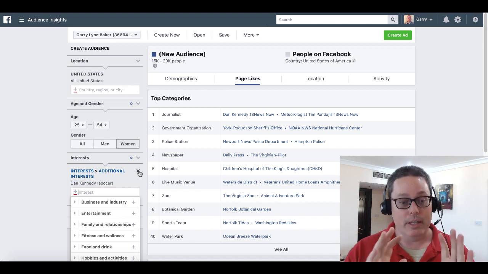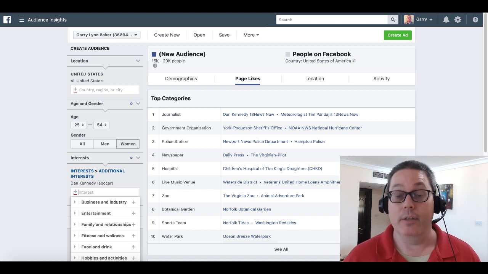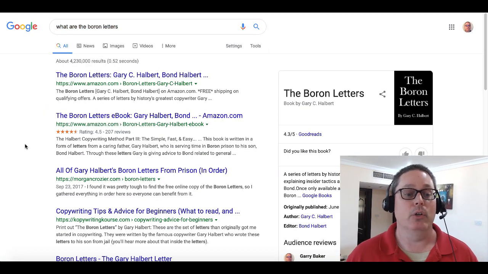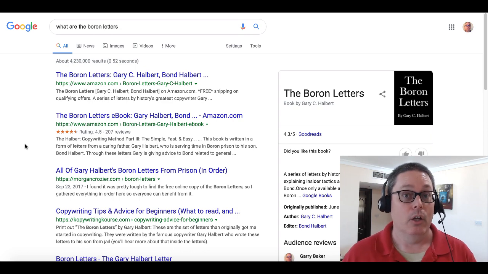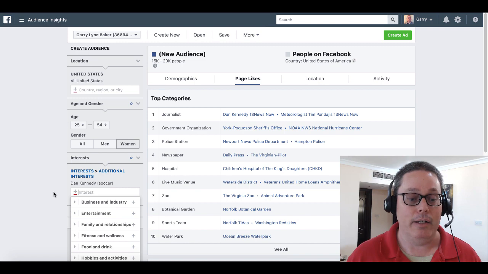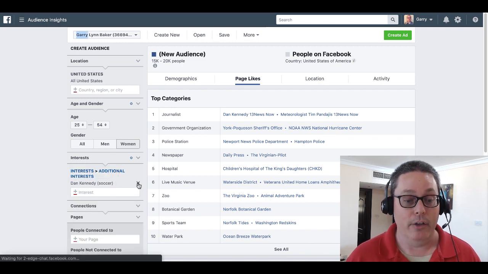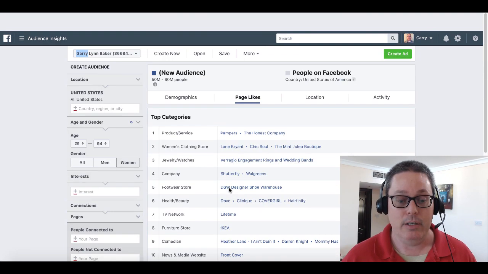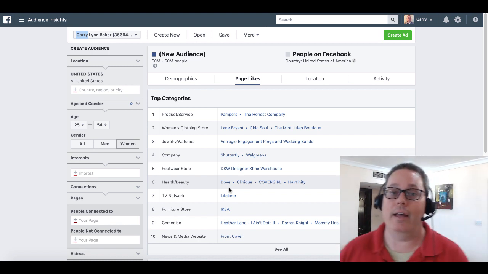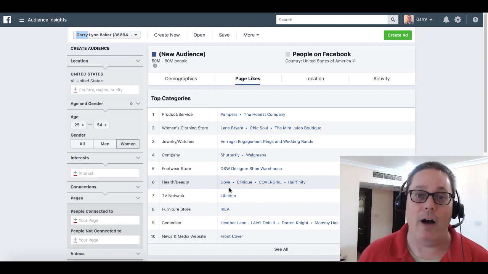And of course, the more research you do, the better you'll understand. So for example, if you can't find what you're looking for, simply go to Google, ask questions like, what are the Boron Letters? Who is Gary Halbert? And you'll find information like that. And then you can go back to the Audience Insight tool and of course find other interests and of course those pages. But the point being here is understand that Facebook gives you the tools and the power that wasn't